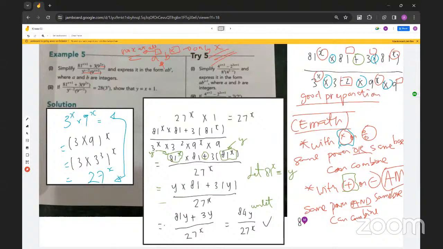So like just replace everything with 81^x now. Not everything, just the y, right? Correct? Because it was the pretension just now. So you must return y back to 81 power x. Okay, so